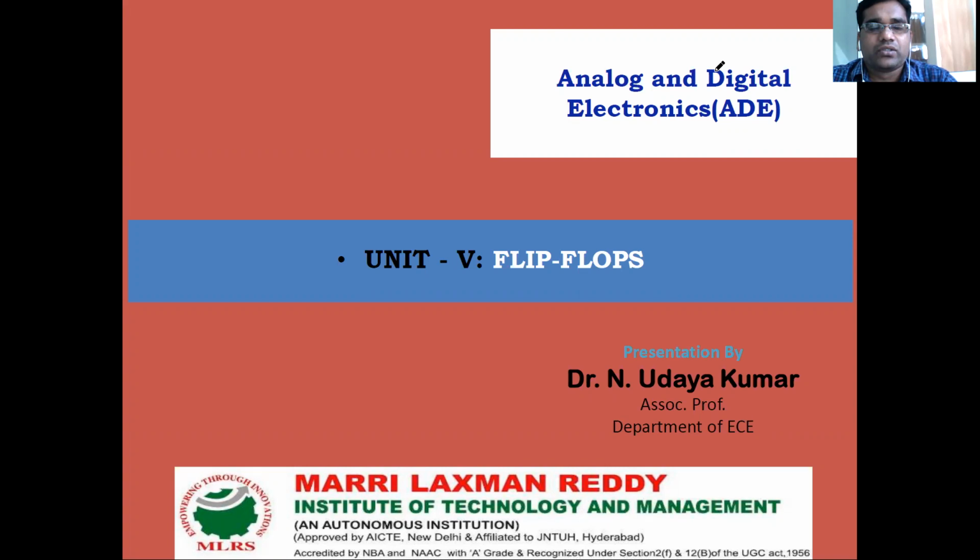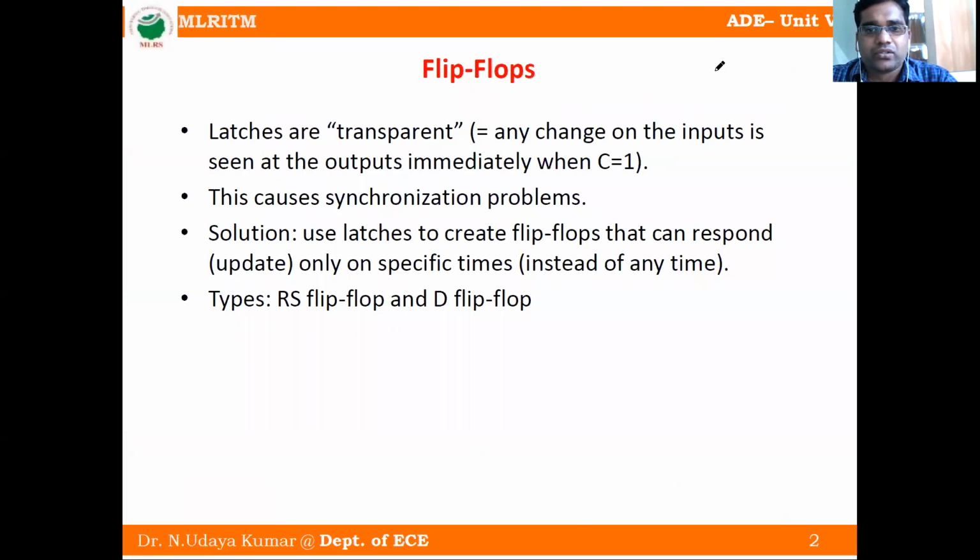Now let us see the difference between combinational and sequential circuits. In a sequential circuit, we use a memory element. That means the output depends not only on the present inputs, but also on past inputs. That means the combinational output is fed back to the input, and then we take it as output. Then it is a sequential circuit. So today we will see flip-flops.